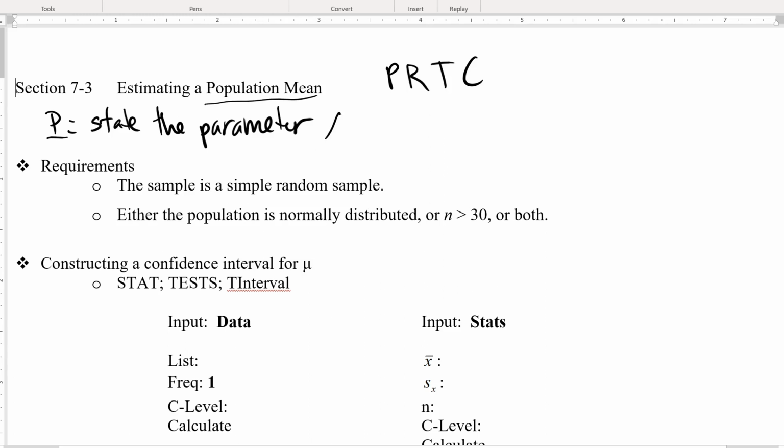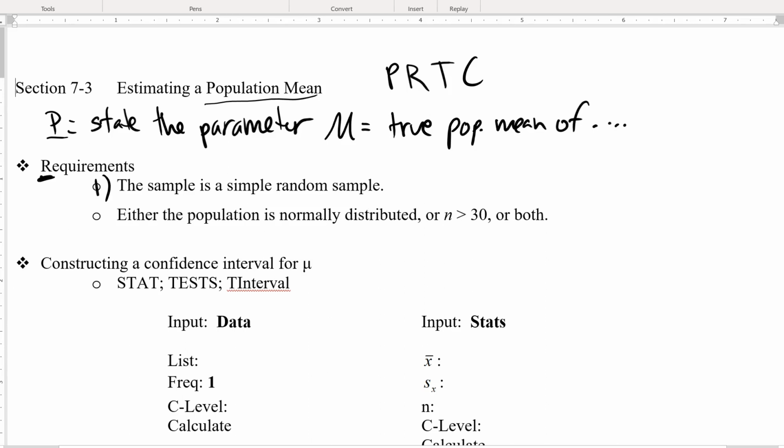So we'll start by saying mu is equal to the true population mean of whatever it is. Okay? R, we will check the requirements. There are really two that we worry about. First,